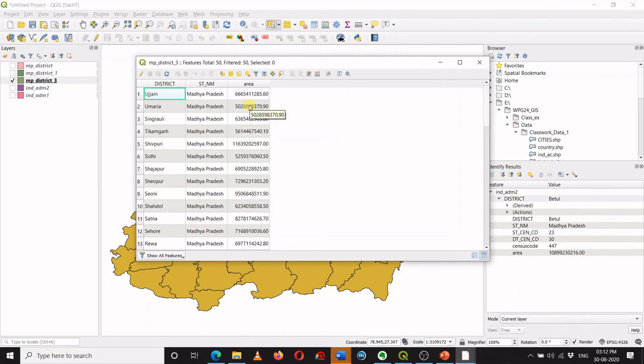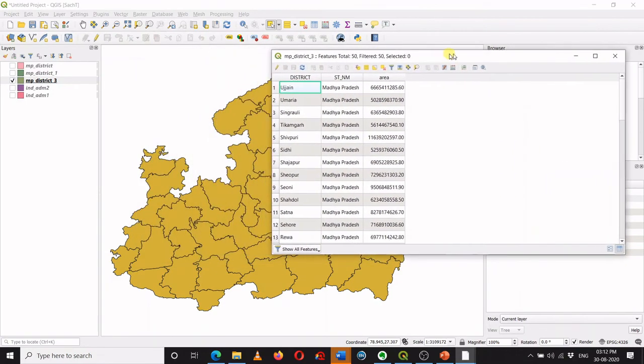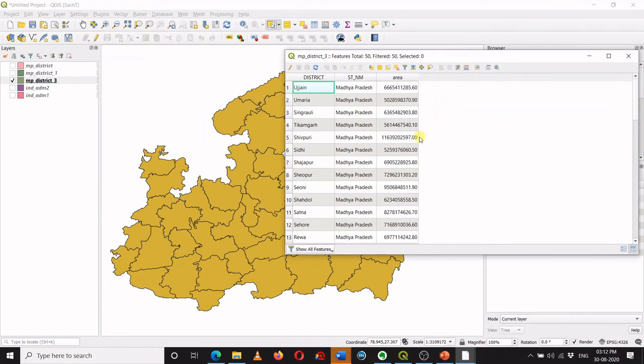Okay, so we have seen over here that we can select specific columns from the attribute table while exporting the data. So far we have seen in this video how to export multiple features from a given vector file by using multiple options.